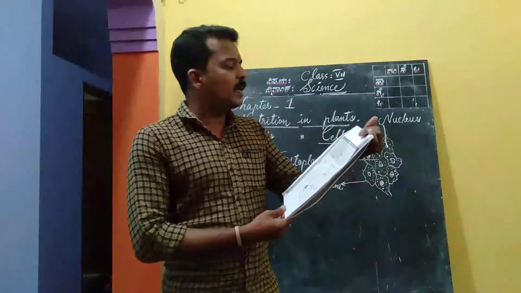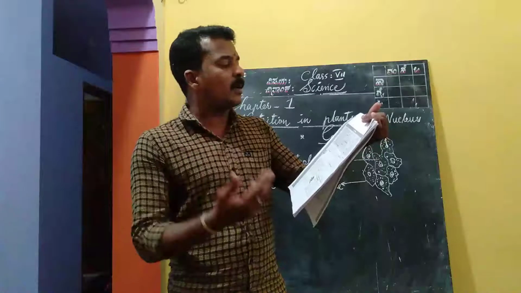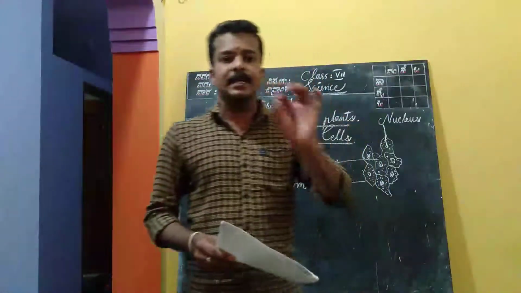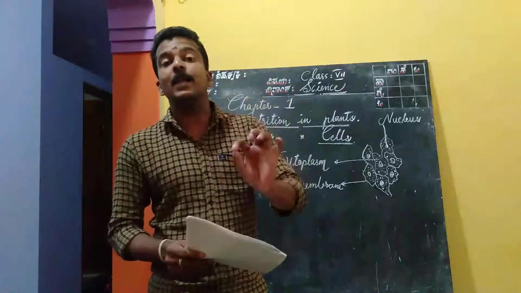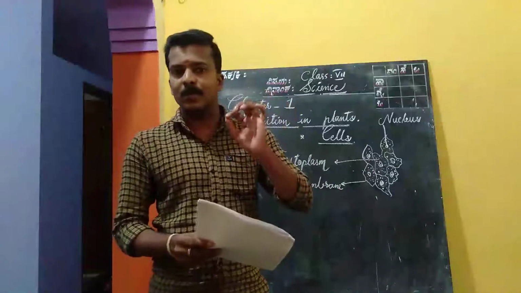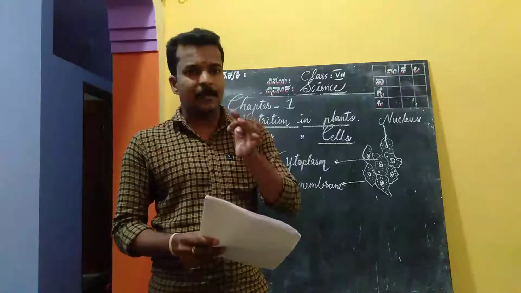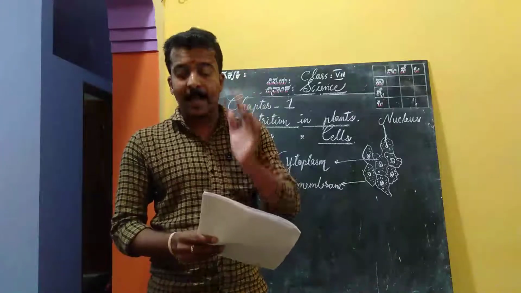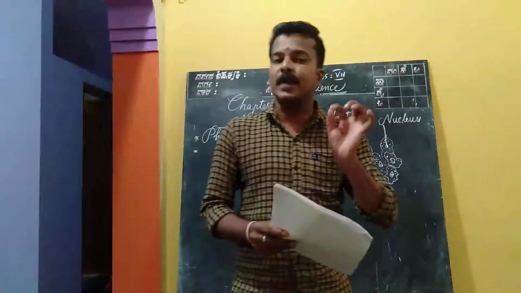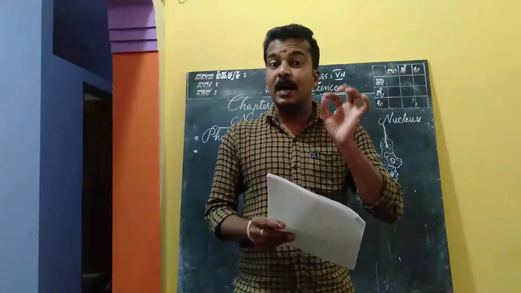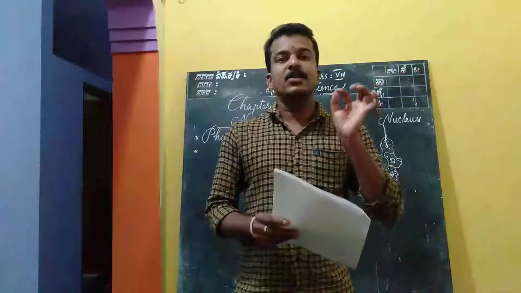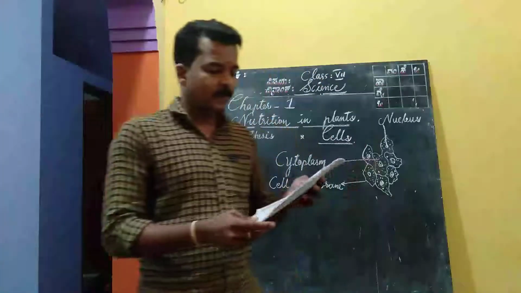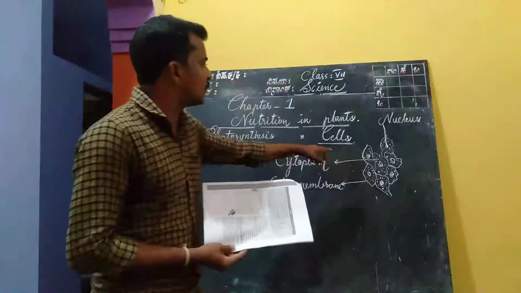Cells can be seen only under the microscope. They are not visible to the naked eye. We can see cells with the help of a microscope. It is one of the instruments we use in the laboratory, in the biology lab, you know very well. You might have seen it already. With the help of a microscope we can see the cells because they are tiny and not at all seen by using naked eyes. Hope you understand.